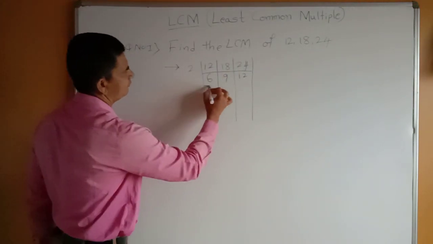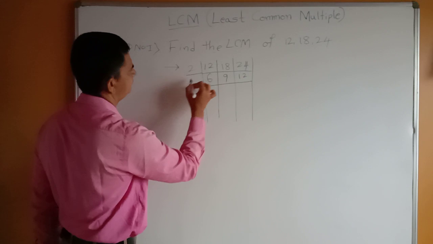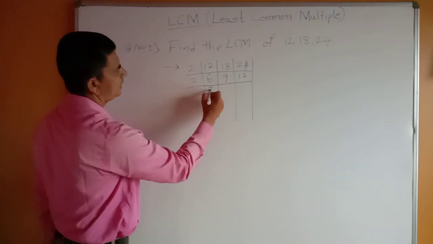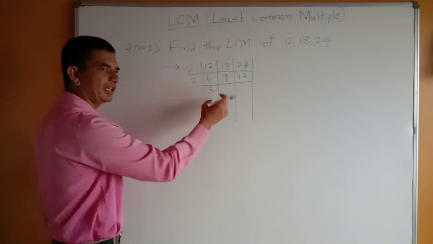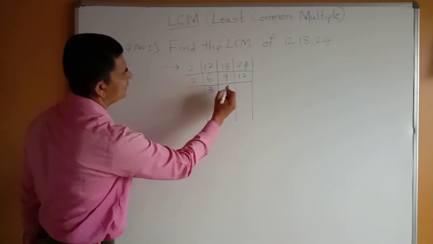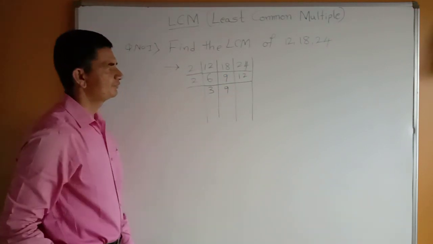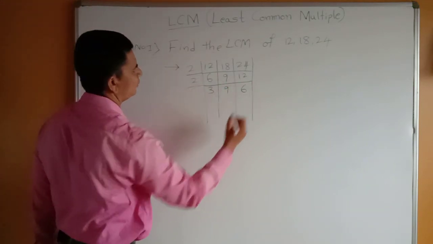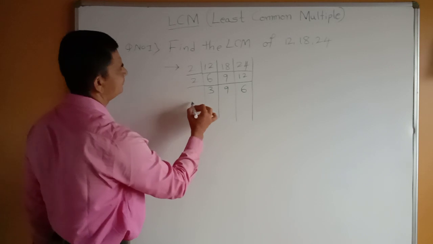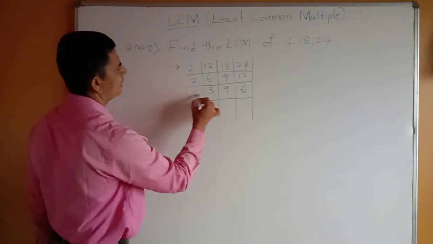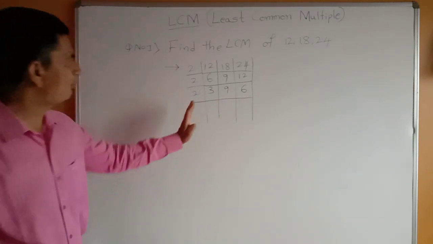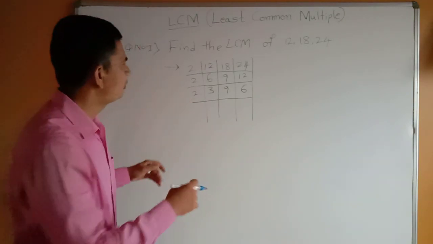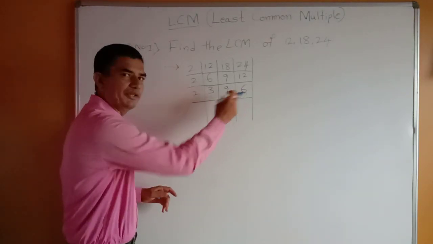Now let us see next. Again, 2 how much is 6? 2 3s are 6. In the 2 table there is no 9, so keep it as it is. Take down this 9. Okay. Now 12 is there. 2 how much is 12? 2 6s are 12. Again you can take 2 here. Until it completes, don't take other numbers. You continue with 2 only, because in the 2 table it can be divisible.